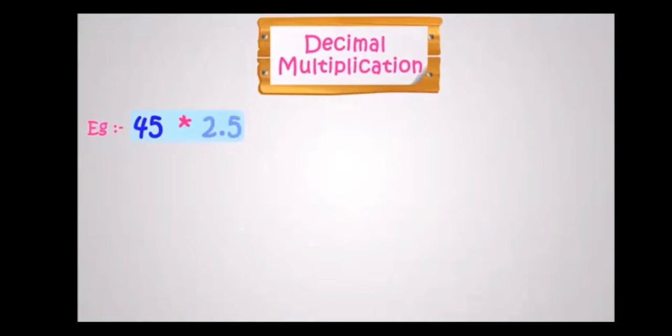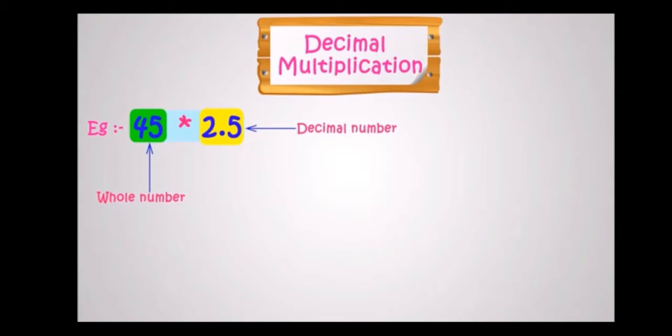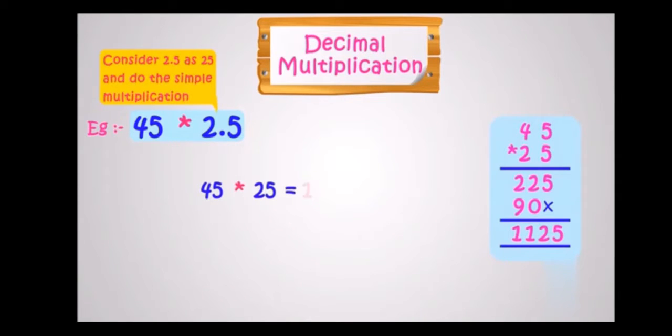Let us learn through more examples of how we can multiply the decimal numbers. So here is the example: 45 multiplied by 2.5. 45 is called the whole number and 2.5 is called the decimal number. And according to the steps, we have to multiply without the decimal point. So we have to consider 2.5 as 25. So when we multiply 45 by 25, our answer is